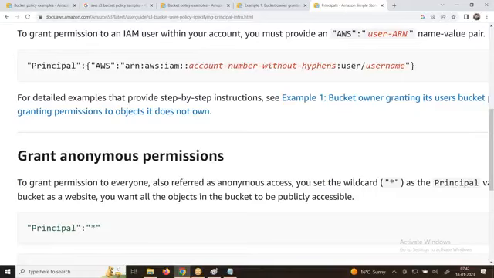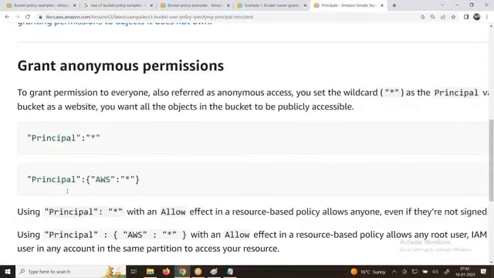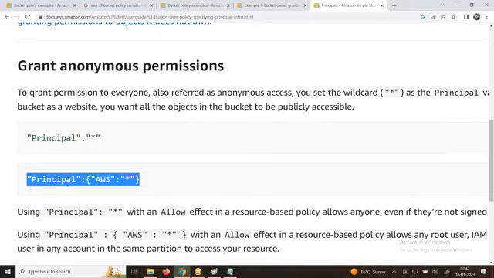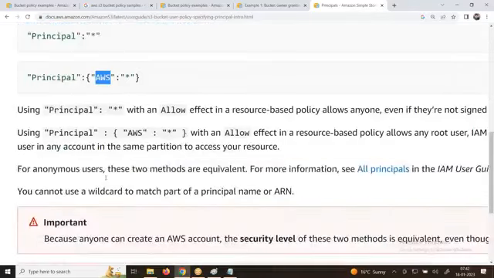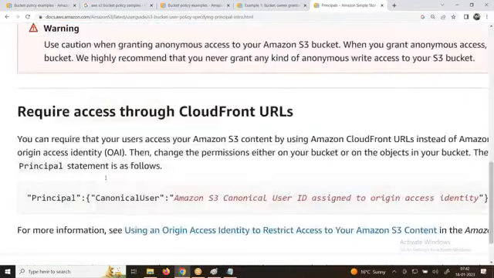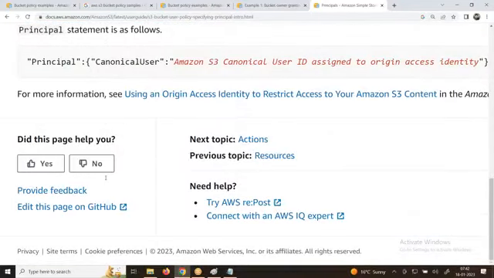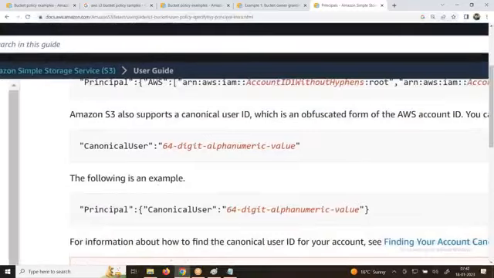Principal, let's see what the types of principal are. Principal is equal to what? Star. What is the meaning of star? To all. So anything which is related to AWS, star. They are very neatly explaining here. I'm very happy with this documentation. Very good, sir. This is what you require. Actually, most of the things will be this.